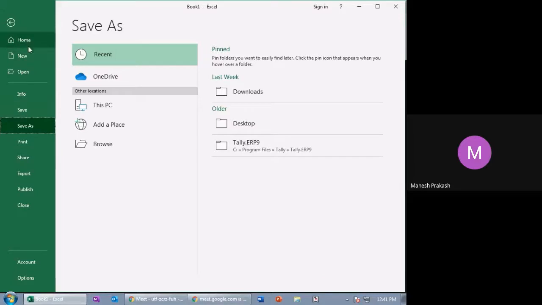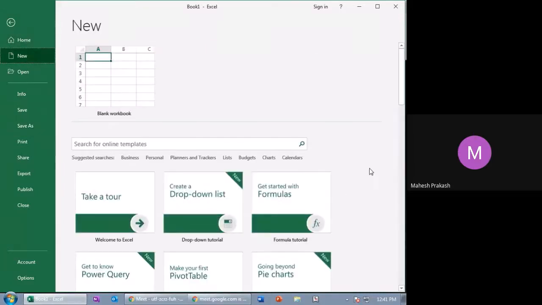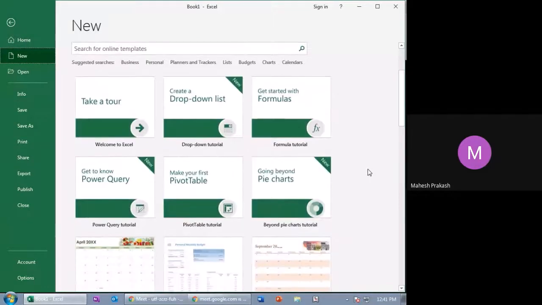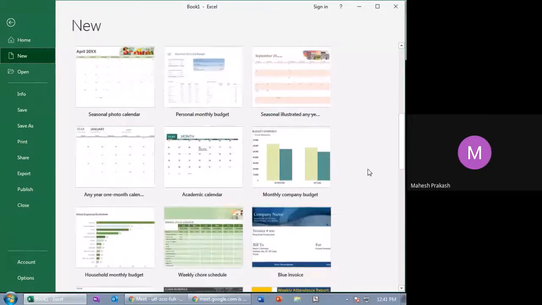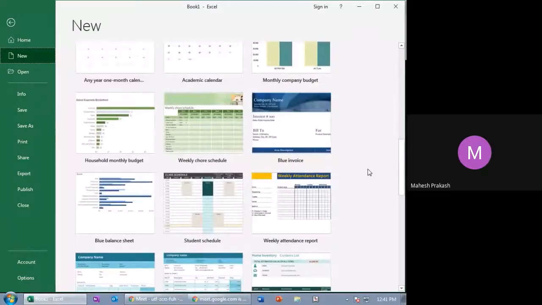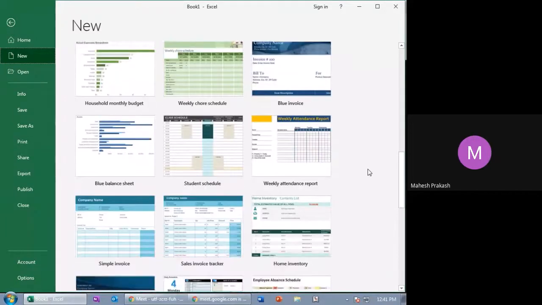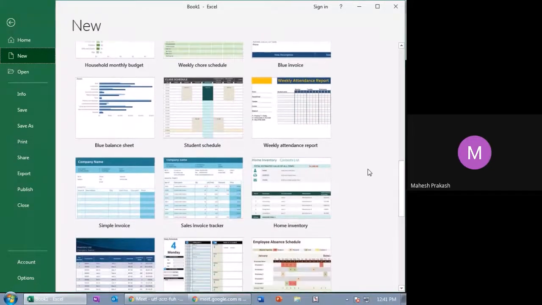And when you click on New, Microsoft Excel is giving us some templates. Imagine you're at office right now and someone says, create a weekly attendance report right now.